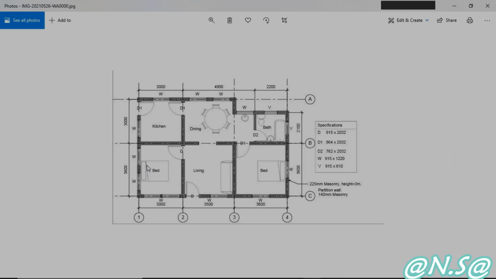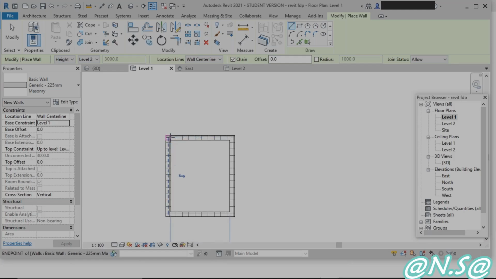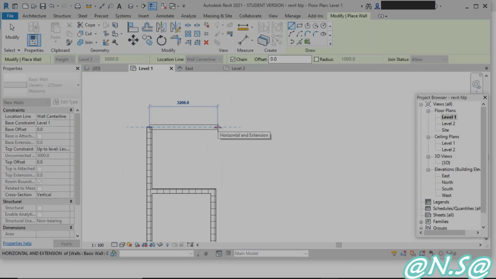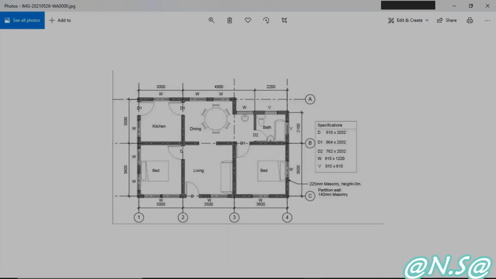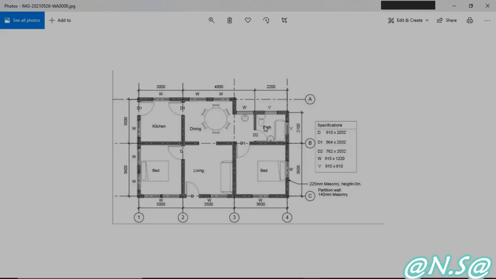Okay, next is kitchen. It is of 3000 by 3000. So center to center, right? So let us start with the center line reference itself. So again we have 4900. So I'll proceed here itself. Okay, next